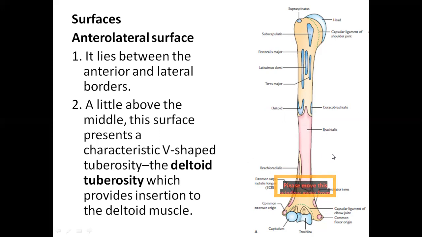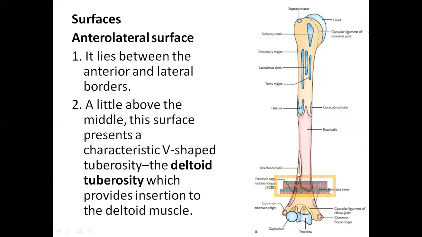Now as you go down, on the medial side, if you identify the head, this becomes the medial epicondyle correspondingly, because this is the medial end. So let us see the attachments on the medial end. From the medial epicondyle, all flexor muscles of the forearm take their origin. You call it the common flexor origin. Just above that, you also find the origin of pronator teres. This is the medial supracondylar line.